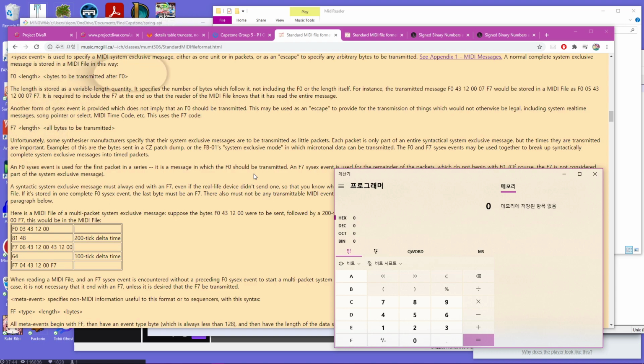The variable length quantity tells us how many bytes will follow it. And the variable length quantity goes on until I think the F7 is reached. So the transmitted message F0 43 12 00 07 F7 would be stored in a MIDI file as